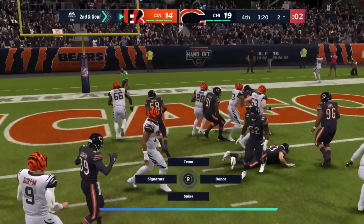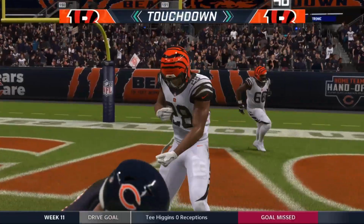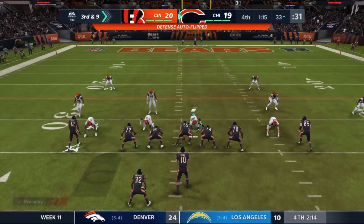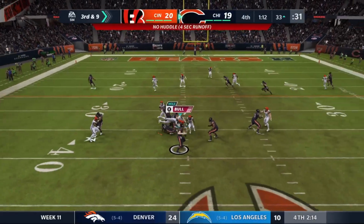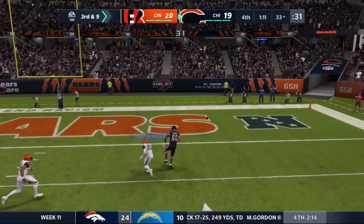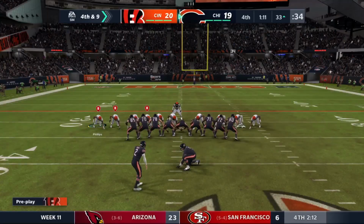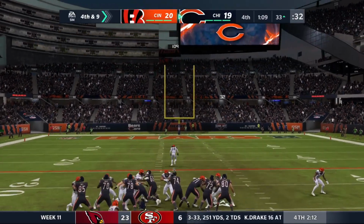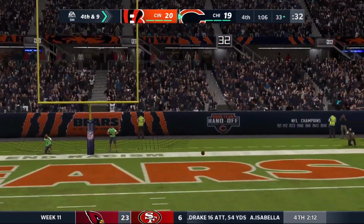And there's Joe Mixon into the end zone for the touchdown. Joe Mixon scores. It's 20-19. Bengals missed the 2-point conversion. Simmons with an opportunity, throwing deep on 3rd and 9. It's incomplete. Bears going for the possibly game-winning field goal here, and it is doinked off the right upright, and